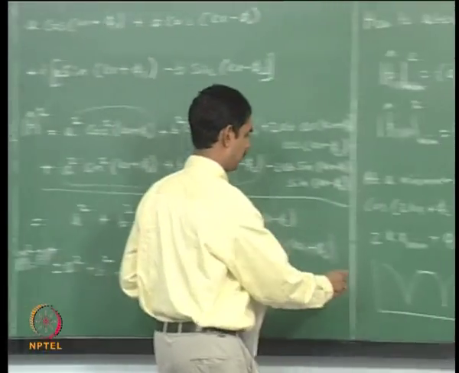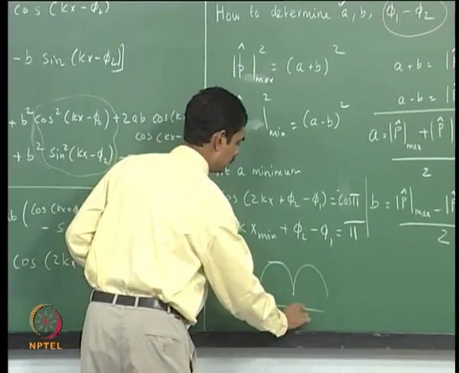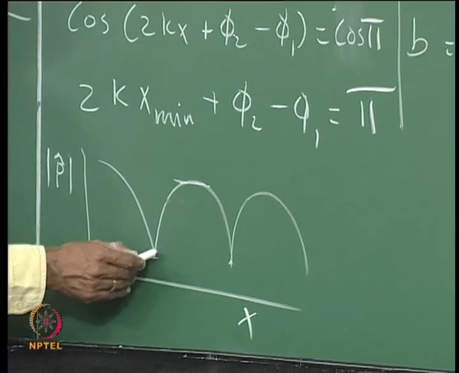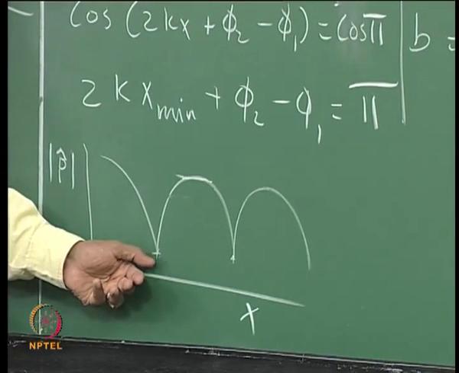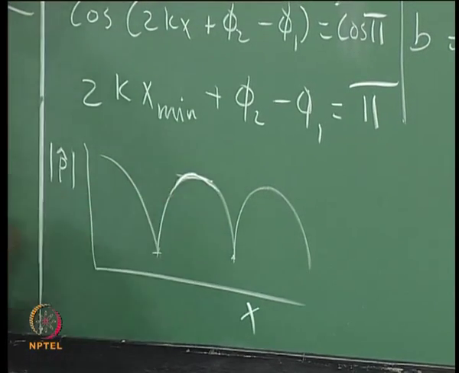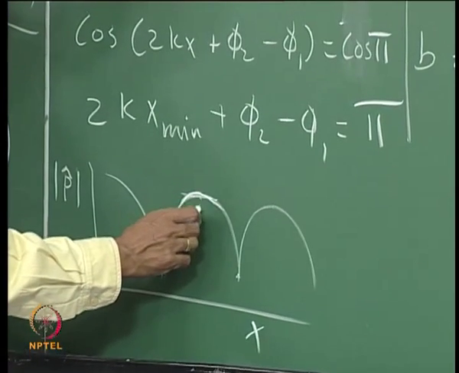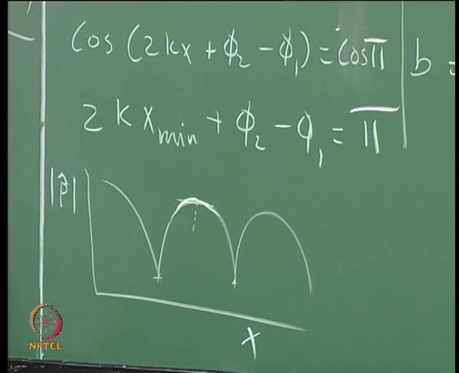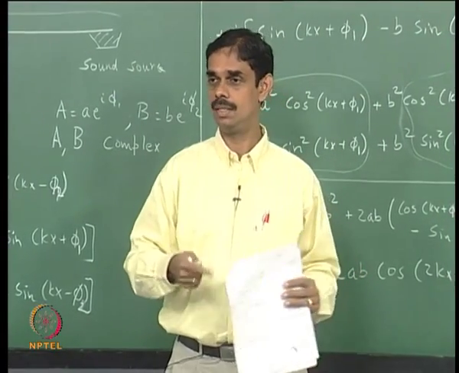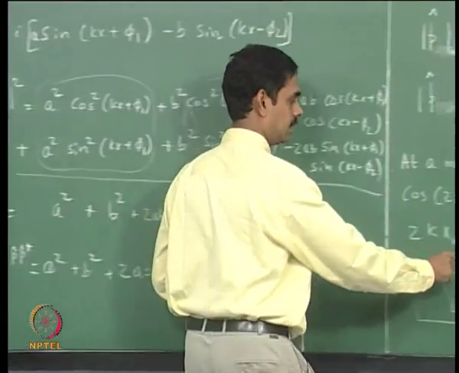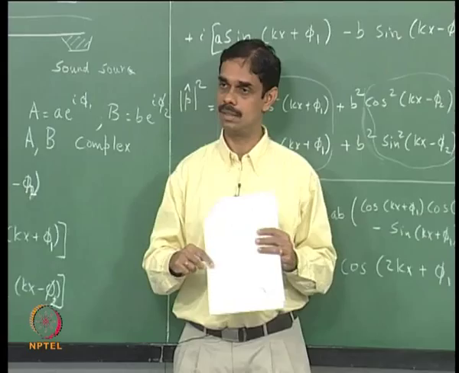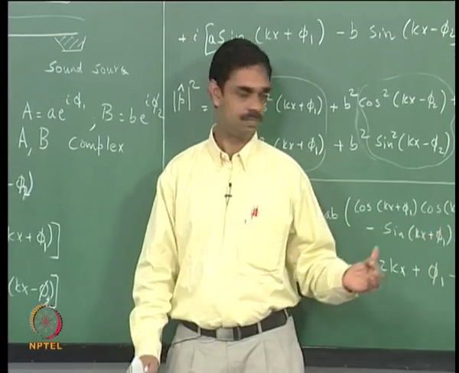I just plotted the standing wave distribution. So this is a minima, I can surely pinpoint it from the pattern, whereas the flat portion is quite hard to pinpoint where exactly the maxima is. You can imagine traversing a microphone: if the values do not change you do not know whether it is here or there, because over a big region the changes would be of the order of the uncertainty in the measurement. That is from practical considerations. In principle you can use the maximum also.